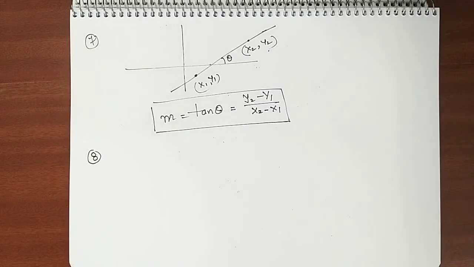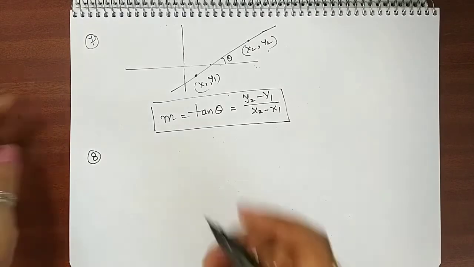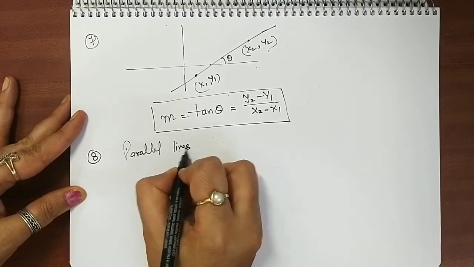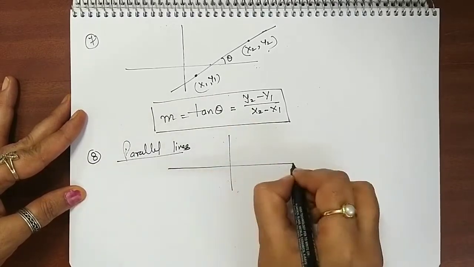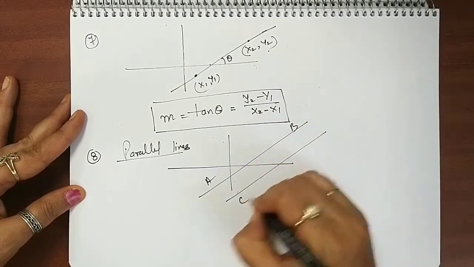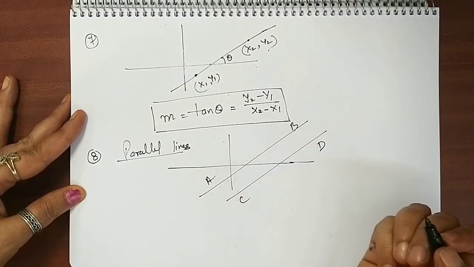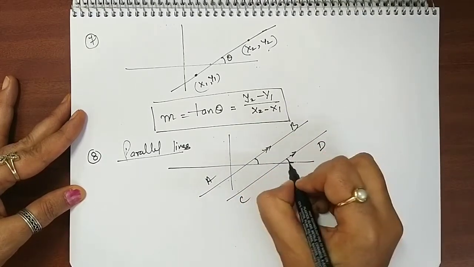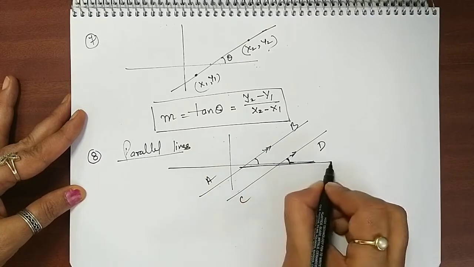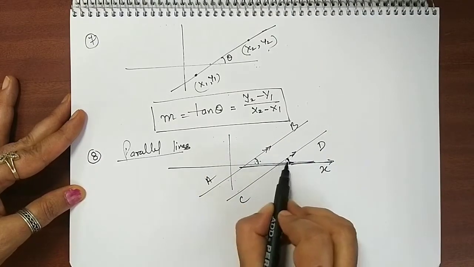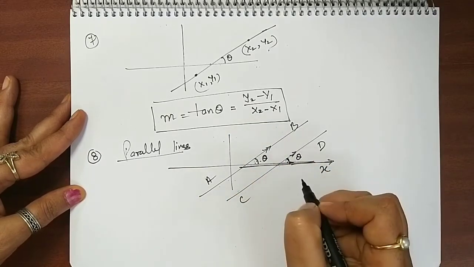Okay, next formula that I wanted to tell you is if two lines are parallel lines. Suppose this is your coordinate system and there are two lines. This is one line AB and this is your CD line. So what do you think, their slope will be same or different? Because these two are parallel, we know these two are parallel. So these two angles with the x-axis, inclination, okay, this is not called slope, we call it inclination angle. So both are equal only, correct?